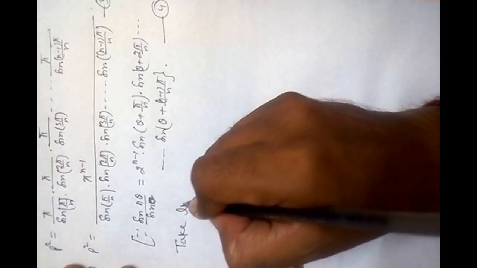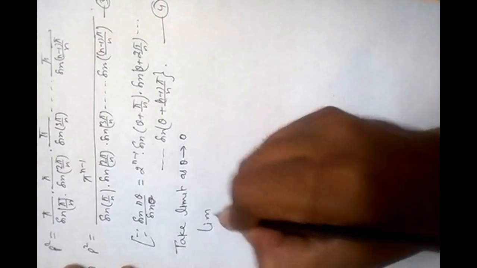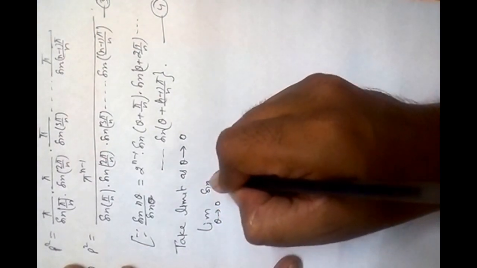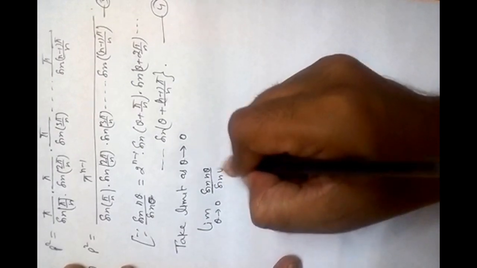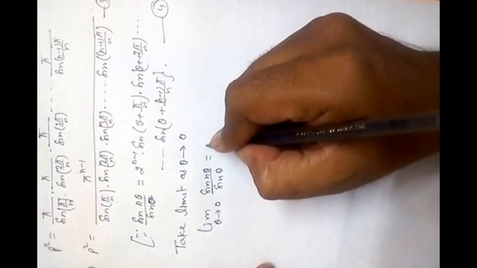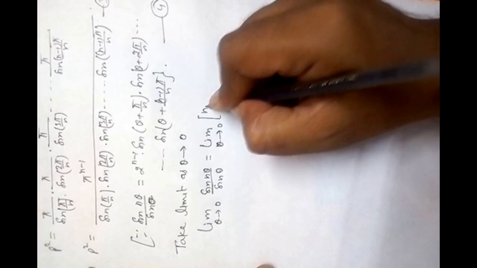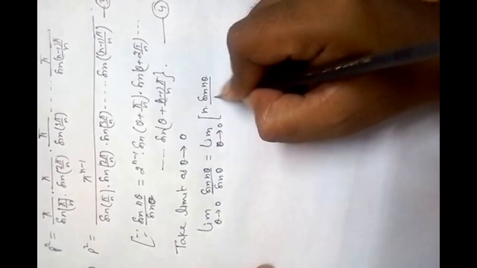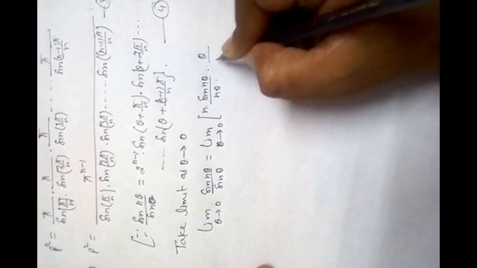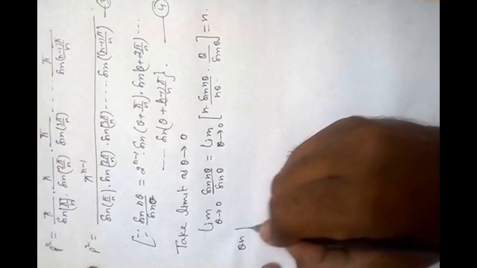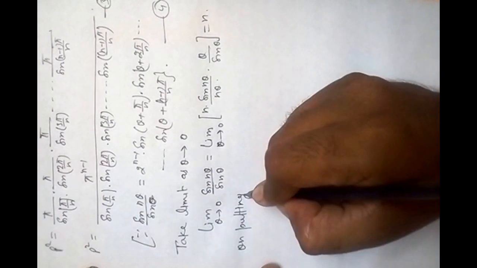Equation number 3 and equation number 4. Take limit as theta tending to 0. So limit theta tending to 0 of sin n theta upon sin theta is equal to limit theta tending to 0 of sin n theta upon n theta into theta upon sin theta, which is equal to n. On putting this limit